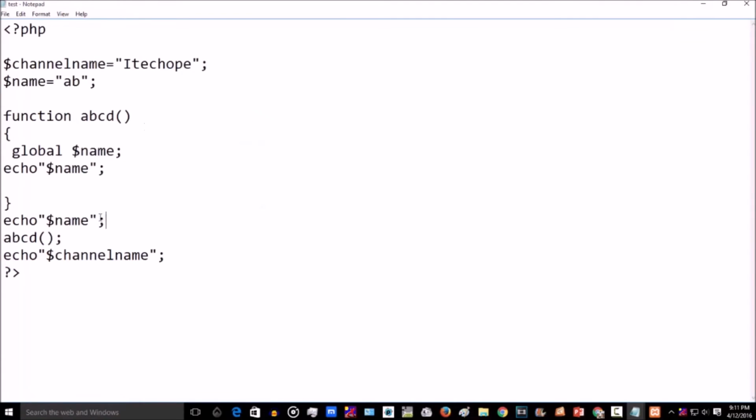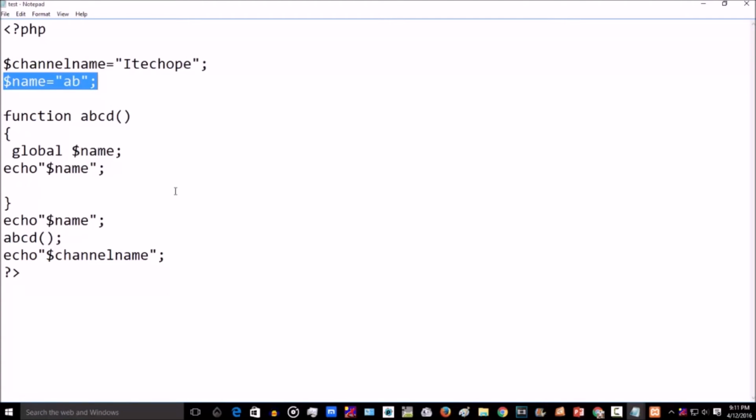First AB has been printed. Now we have called the function abcd. It found the global $name, which identifies the variable being used, and using echo we are printing it. So AB, and after that we printed the channel name, iTakeHope. This is how we can access a global variable.